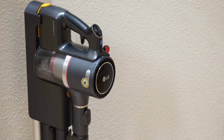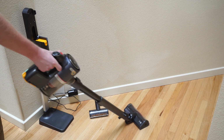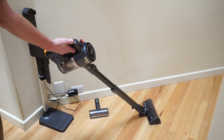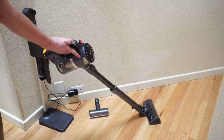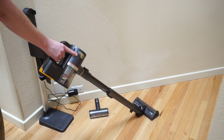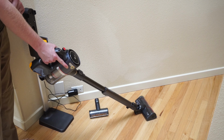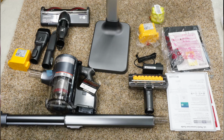There's a device to compact the dirt if needed, and it comes with plenty of accessories and a stand. It comes with 2 batteries which last 7 to 10 minutes on high, and on high you get an amazing amount of suction for a handheld unit. Really, one of the only downsides, again, is this is bagless, though this does have an exhaust HEPA filter, which means if you go outside to empty it or you have somebody else empty it for you, you might be able to get by with allergies,